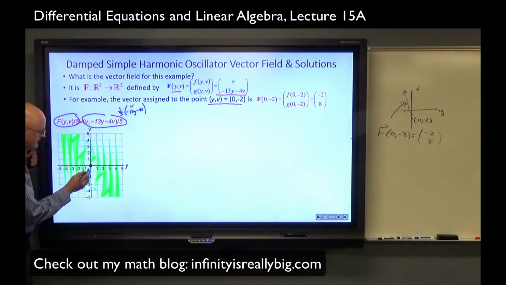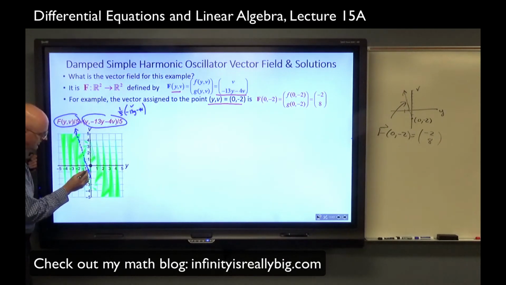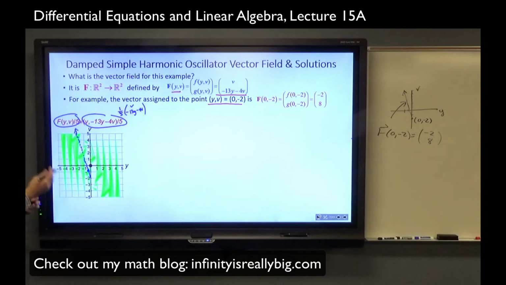That one, if you continued it to have the right length, which would be 5 times longer, would go up to about somewhere right about there at (-2, 6). That would be 5 times the length of what's actually drawn here, attached to the point (0, -2). So you see the vectors having some sort of rotation, going clockwise around the equilibrium point